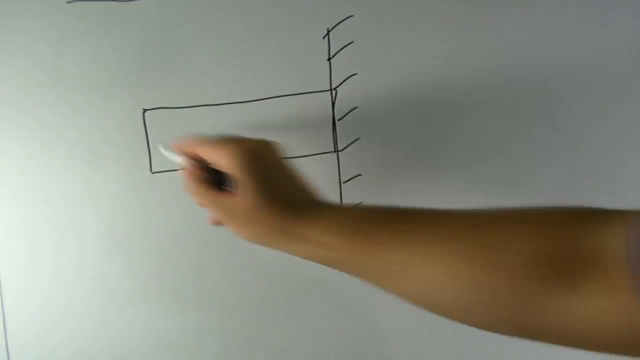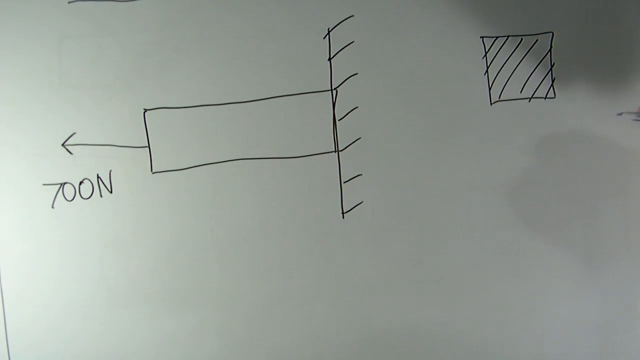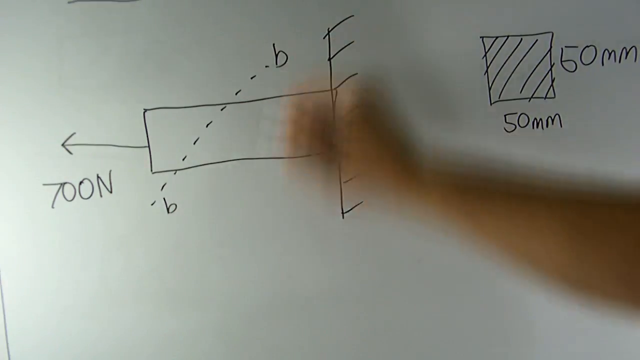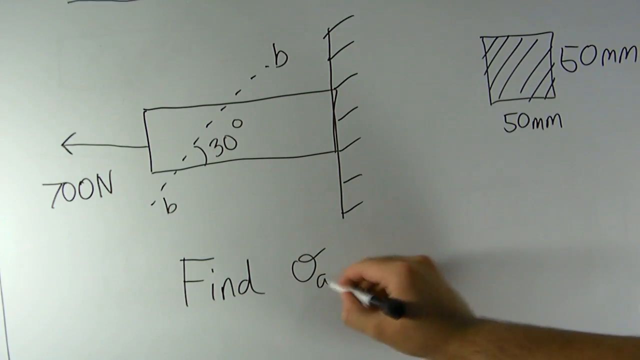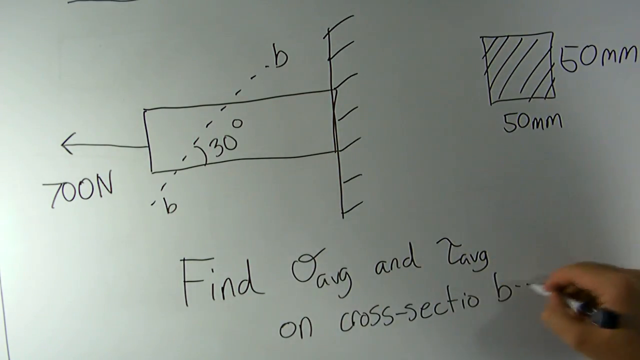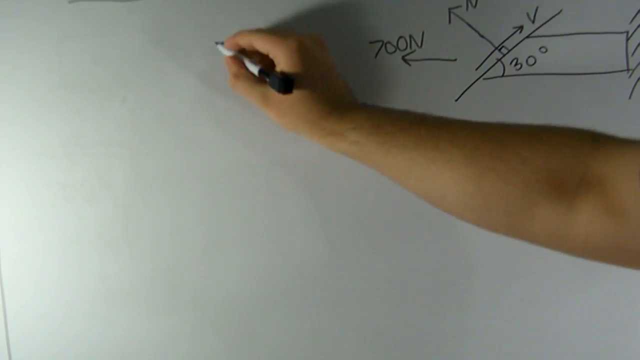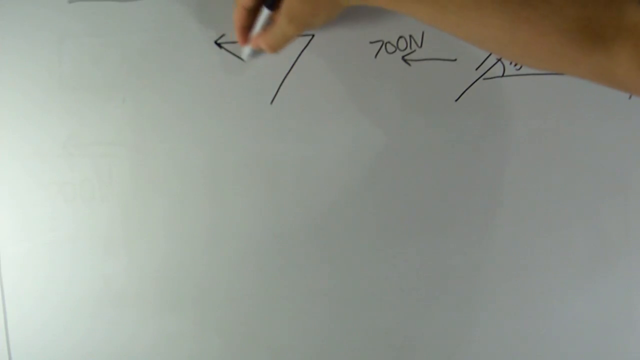Observe the next example. We have a large beam that is attached via a fixed support to a wall, and a tensile 700 Newton force is being applied to the centroid of that beam. Knowing the dimensions of a vertical cross-section of the beam, we need to find the average normal and shear stresses on cross-section BB. In the upper right-hand corner of the screen, you can observe the internal forces, both normal and